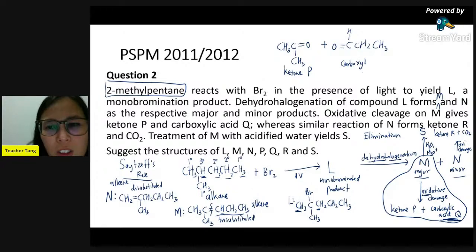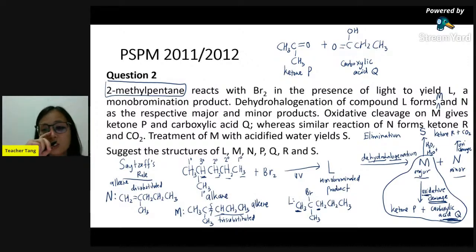Carboxylic acid Q. But here, this is H. This is aldehyde. So this oxidative cleavage uses hot acidified KMnO4. Then you cannot stop at aldehyde. It will further oxidize to give you carboxylic acid. And then our alkene here,